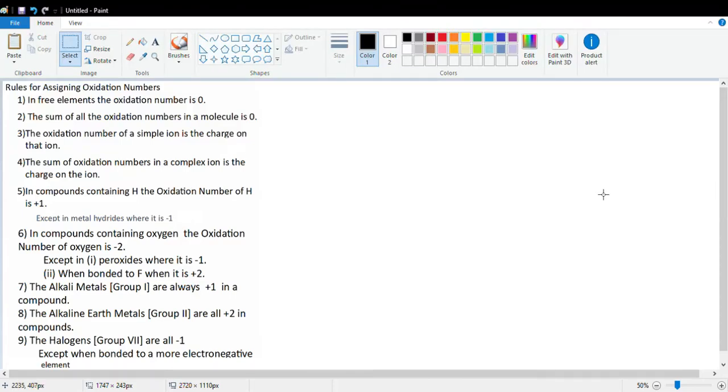Okay, just going to go through a couple of examples now. So I'm taking this first example from exercise 2. So we'll go through BaO2, barium oxide. So just looking there at rule number 1, that doesn't apply to us here because we have got